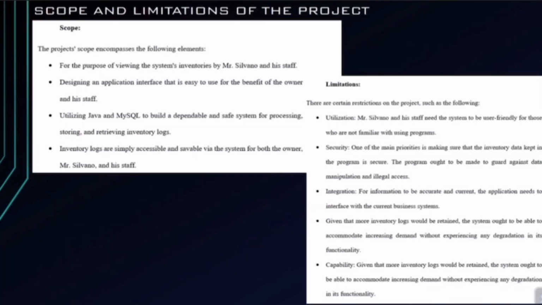Scope and limitation of the project. Scope. The project scope encompasses the following elements. For the purpose of viewing the system inventory by Mr. Silvano and his staff, designing an application interface that is easy to use for the benefit of the owner and his staff, utilizing Java and MySQL to build a dependent